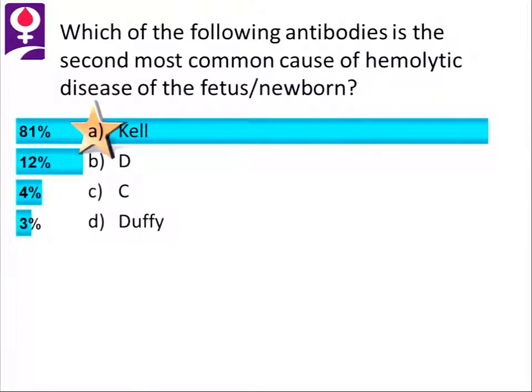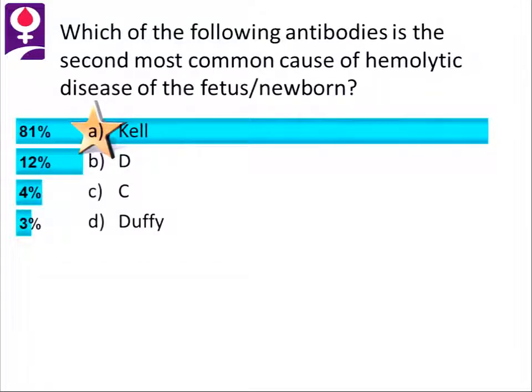It's Kell. Again, Kell disease is a very bad disease. Just so you know, most Kell disease we run into in this country is related to postpartum transfusions. As you know, you don't cross-match blood for Kell for our postpartum women. You cross-match for ABO and Rh. 92% of the time they get a Kell-negative unit, but 8 to 9% of the time they get a Kell-positive